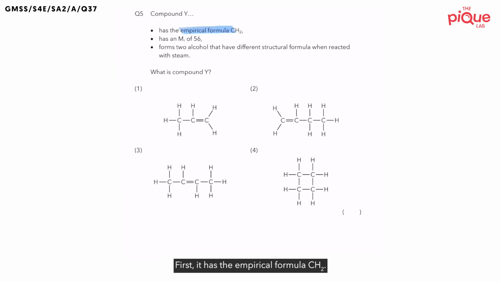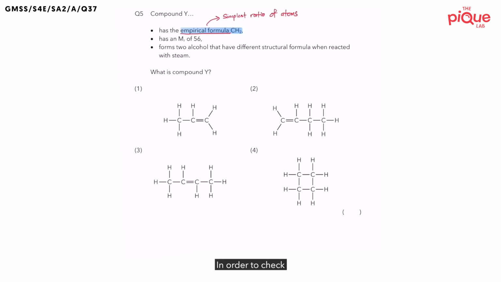First, it has the empirical formula CH2. I'm sure you can remember the definition of empirical formula. Empirical formula is the simplest ratio of atoms present in a compound. In order to check if the following compound satisfies this criteria, we have to first find out the molecular formula